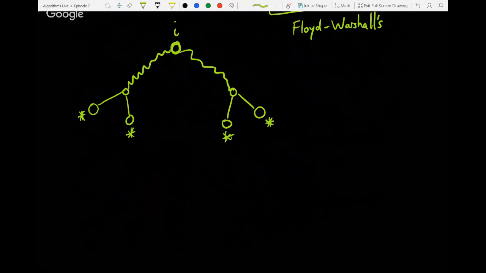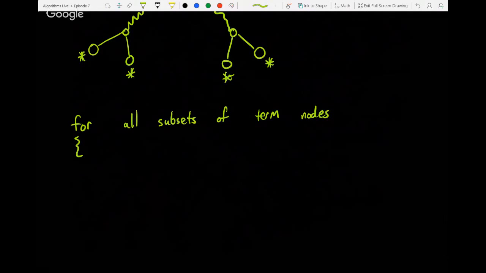So let's take a look at writing some pseudocode for doing this iteratively. And I'll write a solution to this Ticket to Ride problem using this pseudocode in a bit. Okay, so for all subsets of terminal nodes, that's the first piece of our algorithm. So we just loop over all subsets of the terminal nodes. And then what we do is we loop over for all